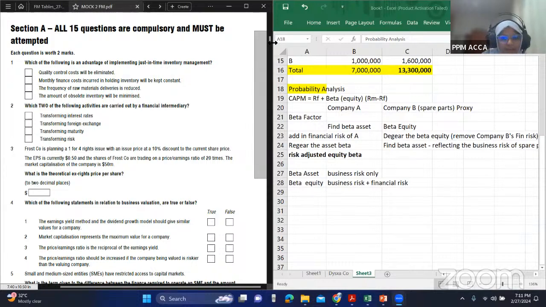Again, don't think about it too much. This is definitely something that you will be comfortable with once you're done with the F6 or taxation paper. I don't want to talk about it in detail because no point, right? At this point, especially with 10 days to the exam, no point breaking our heads over it.